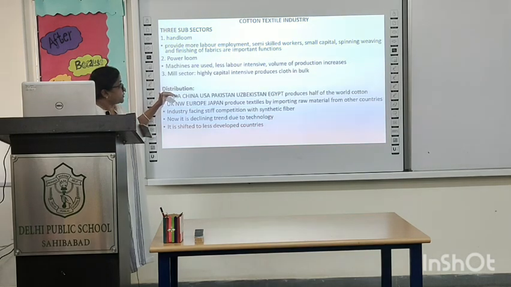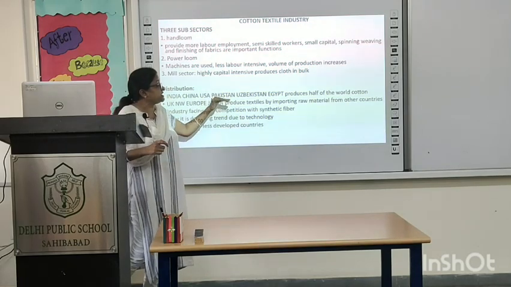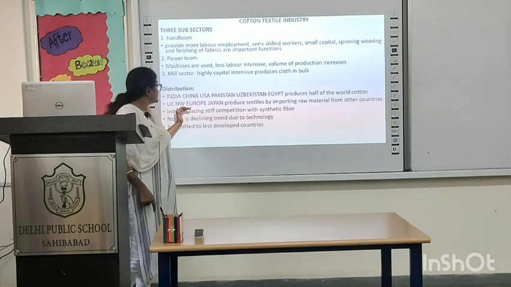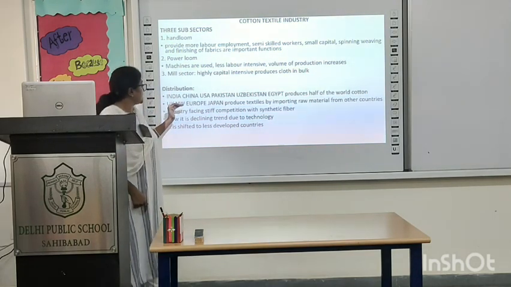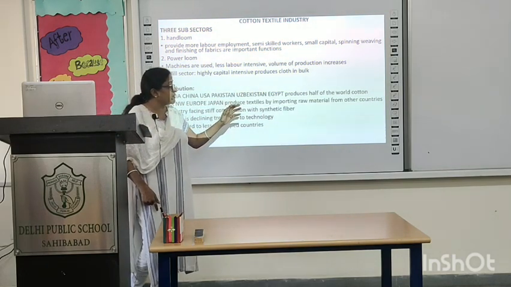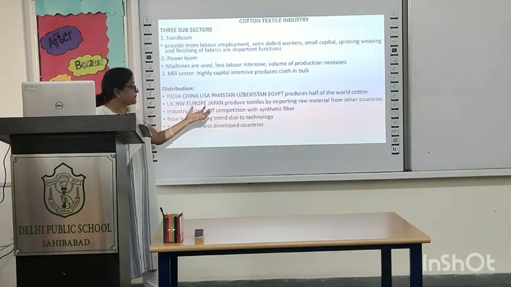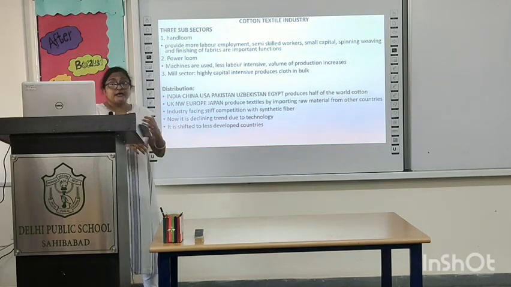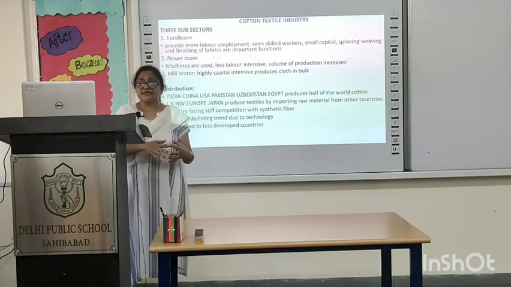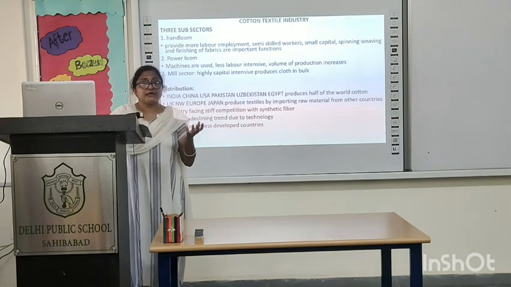Now, the distribution of the cotton textile industry is especially in India, China, USA, Pakistan, Uzbekistan and Egypt, which produce half of the world's cotton. Next, the UK, Europe and Japan produce textiles by importing raw material from other countries. The industry is facing stiff competition from synthetic fiber, and it is now in a declining trend due to technology. It is shifting to less developed countries, and the cotton textile industry plays an important role